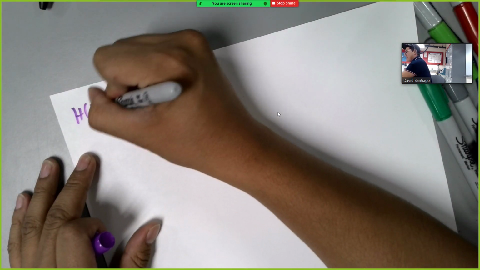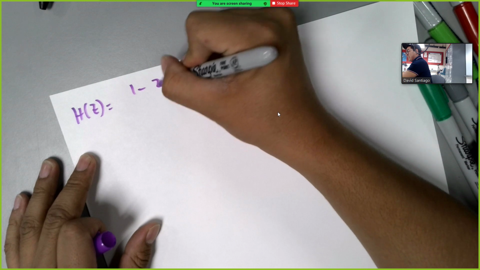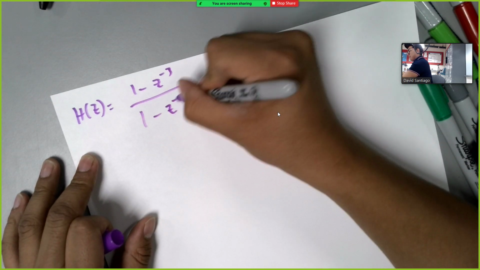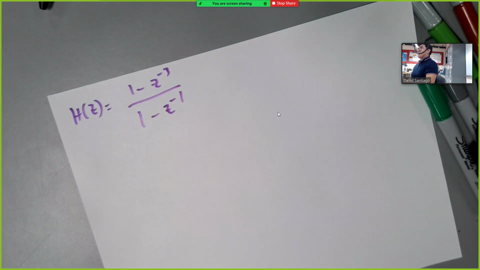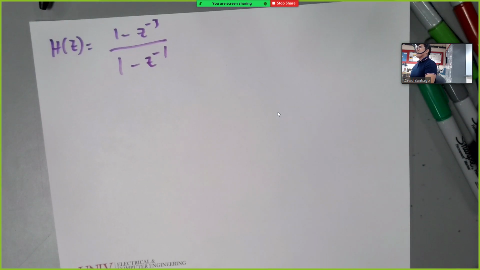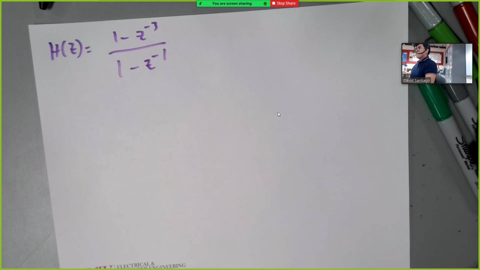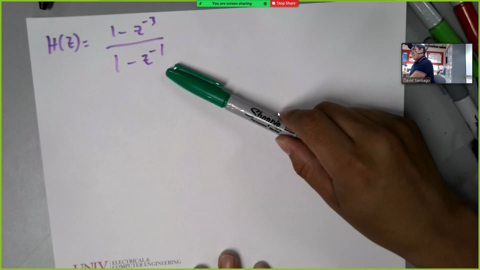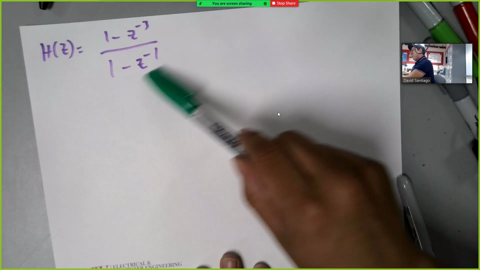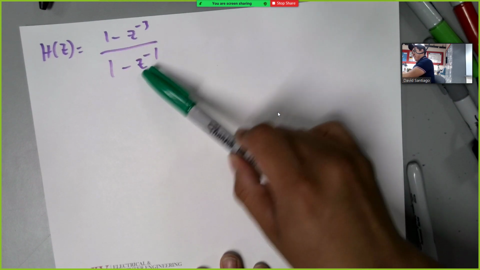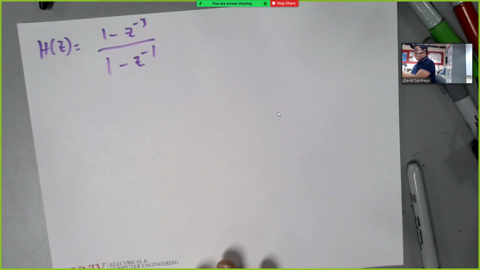H(z) = (1 - z^-3) / (1 - z^-1). The first thing I ask, and this is probably elementary, but where are the poles and where are the zeros? You can technically analyze it like, oh, we have a pole there and some zeros there, right? If we just make z equal to 1, z minus 1 is equal to 1. But